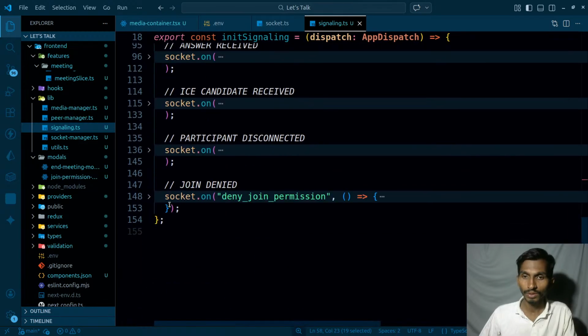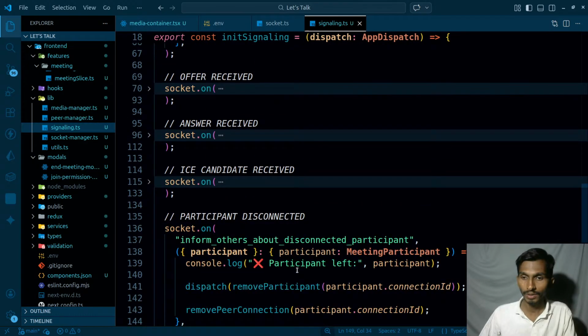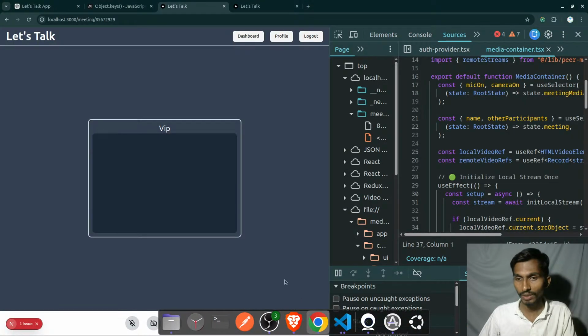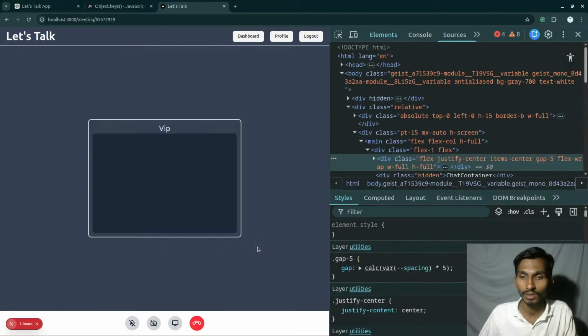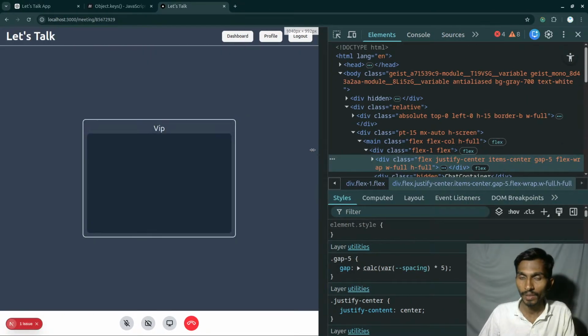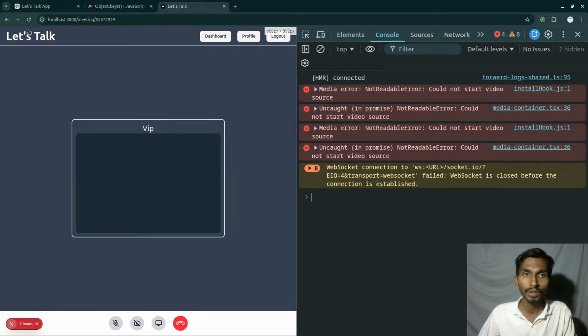Apart from this particular thing, denied, and errors, so participant left. So ultimately everything is getting logged. And right now let's check this thing. So coming back to this, I'm gonna be deleting this control, I'm already here, and this time let's log the value, reload the page,